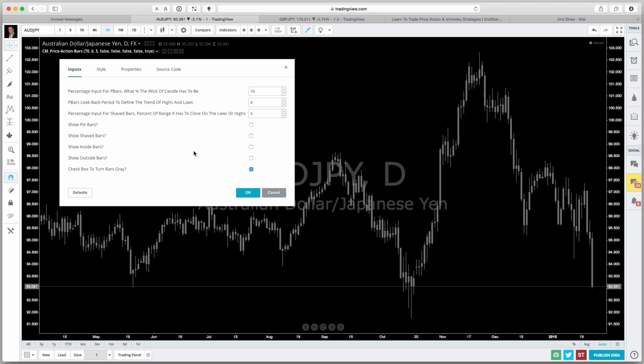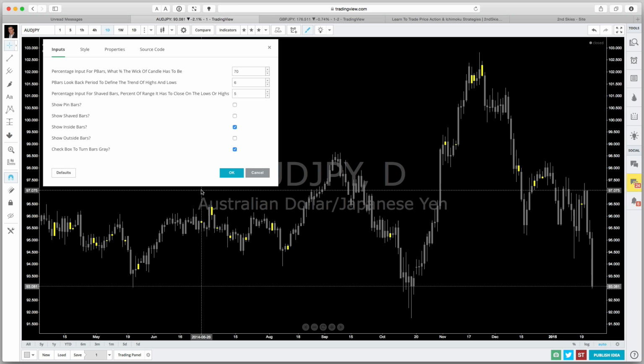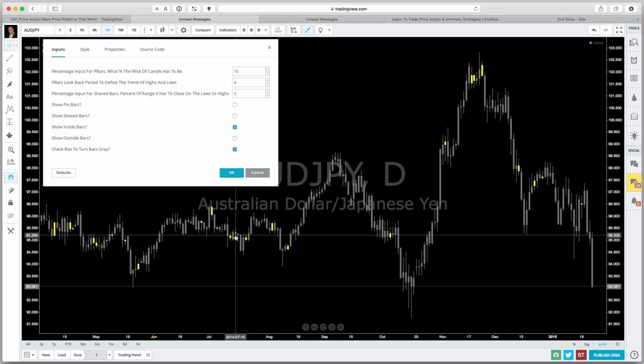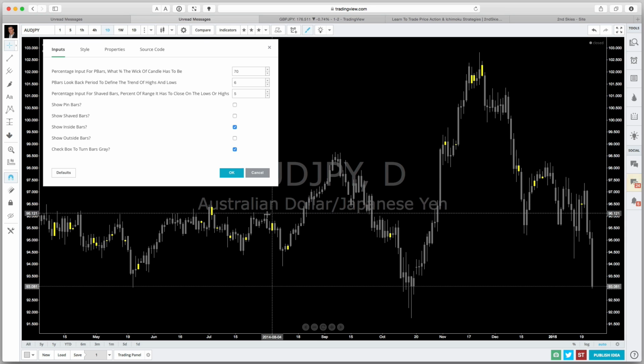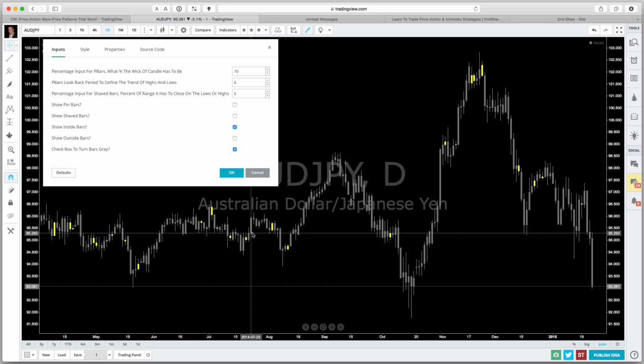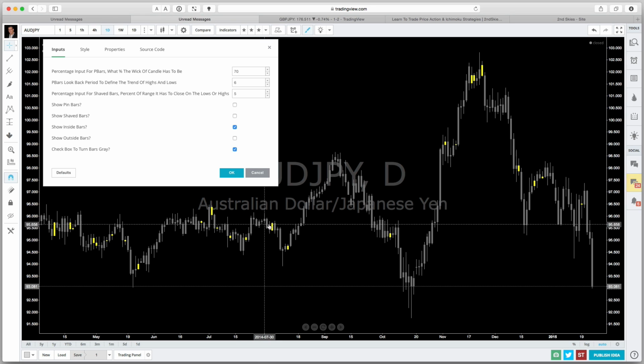So the first thing I'm going to do is put on inside bars. And by default, the inside bars are yellow. You can change those. But inside bars are just a bar that is completely within the range of the previous bar. And you'll notice now Chris gives specific setups for these with very simple filters. And then he breaks it down to each individual Forex pair and time frame with very high probability setups with those filters. But as you can see, they're generally known as a breakout type pattern, where you break out,